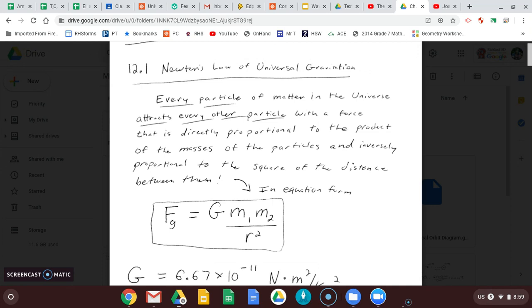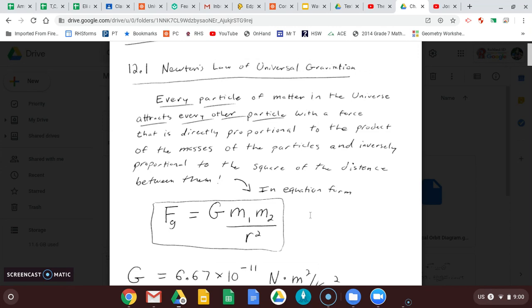Now, that does not mean you're going to fly together because of a force due to gravity. It turns out if neither of the masses are huge, like planetary or sun or star or moon huge, it's going to be pretty insignificant as far as the feel from it. You'll never notice it. But the point is that it's there. It exists. And this formula describes the size of it.